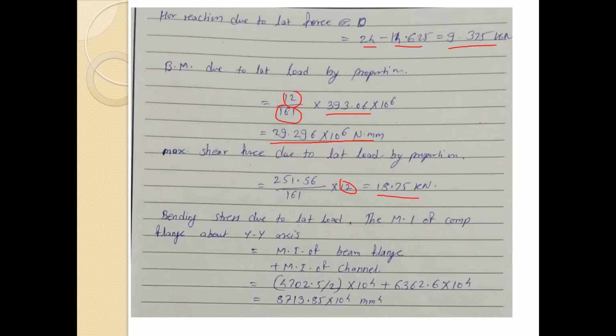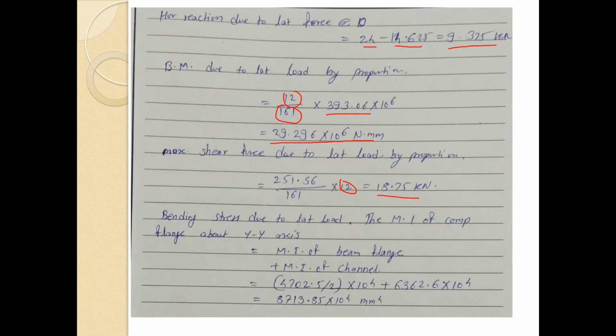So these we are calculating by proportion because we have already calculated the bending moment and shear force for the earlier cases by keeping the wheels on positions where we'll get the maximum values of the bending moment and the shear force. So that's why, instead of calculating again, we'll get them directly by taking the proportions.